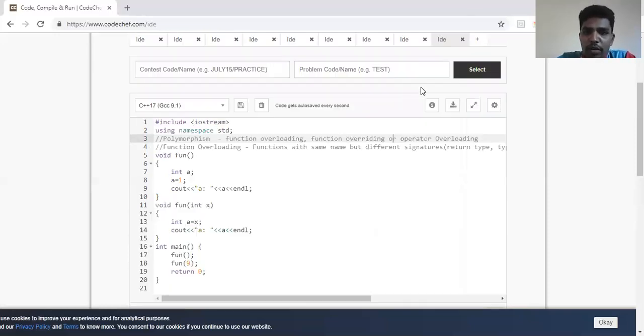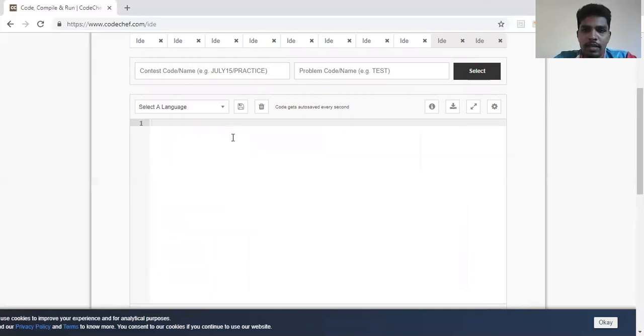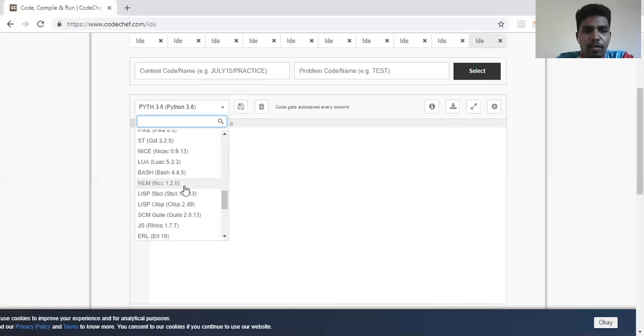Now we'll look into the concept of function overriding, and then we'll also look into the concept of operator overloading. I'll take you through another screen. Run the codes and then work on these examples. Mute the video, run a particular piece of code, and then go for the next concept.